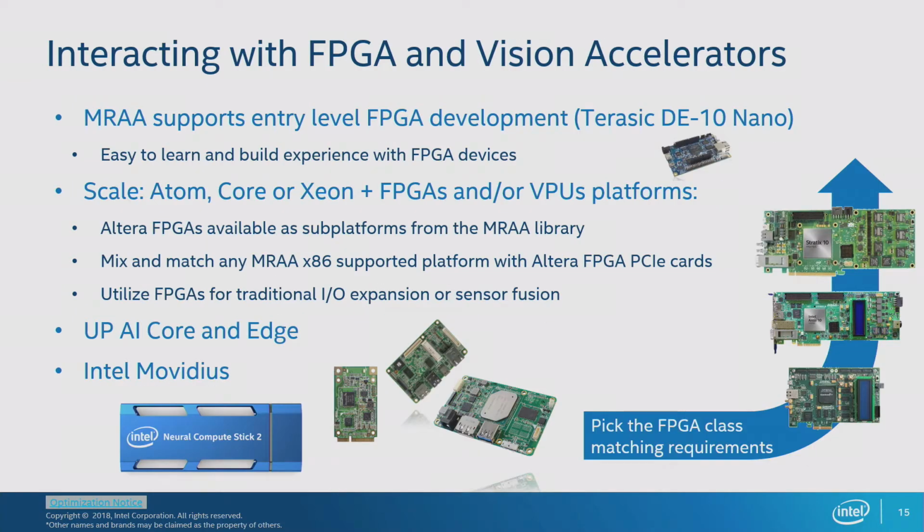From here, I'm actually going to take this even further. I'm going to say, all that vision is cool, but then what else can we do with it? Well, how about FPGAs and accelerators? And the story I'm trying to build around this is that, well, first off, MRAA does work with FPGAs. We do have this developer board called the D10 Nano. It's a little bit older, but MRAA supports it very well. That's actually an ARM with a Cyclone 5 FPGA right next to it.